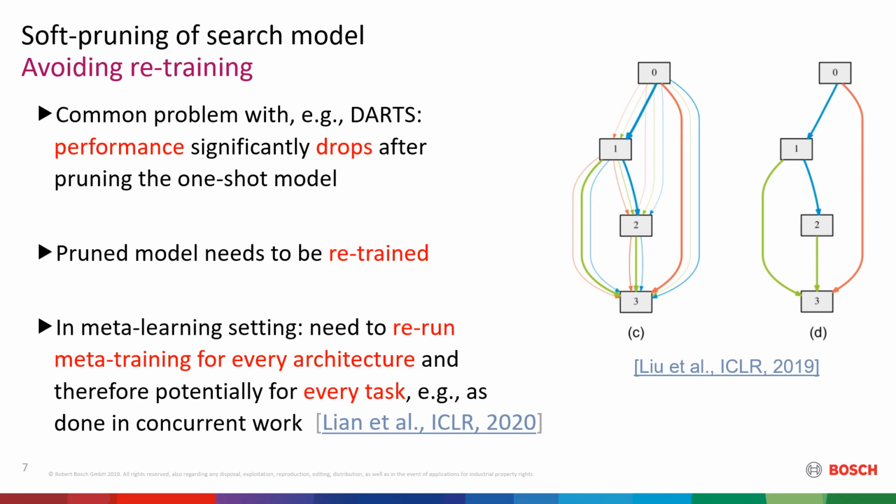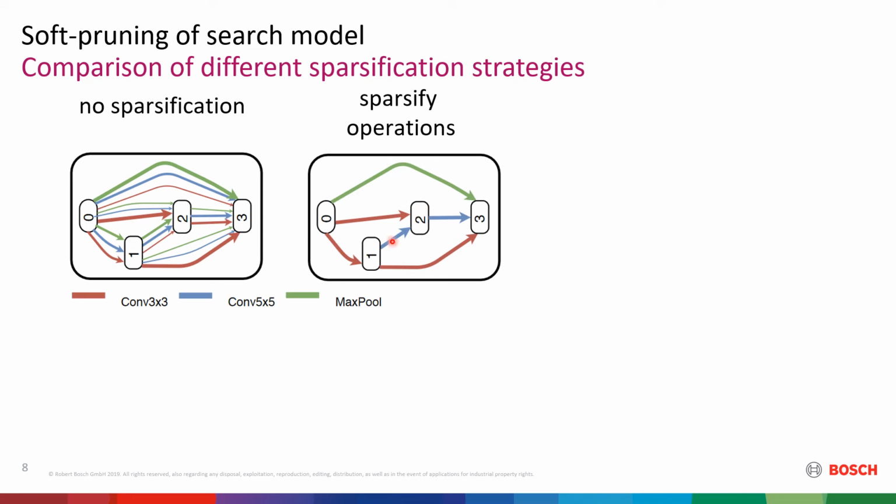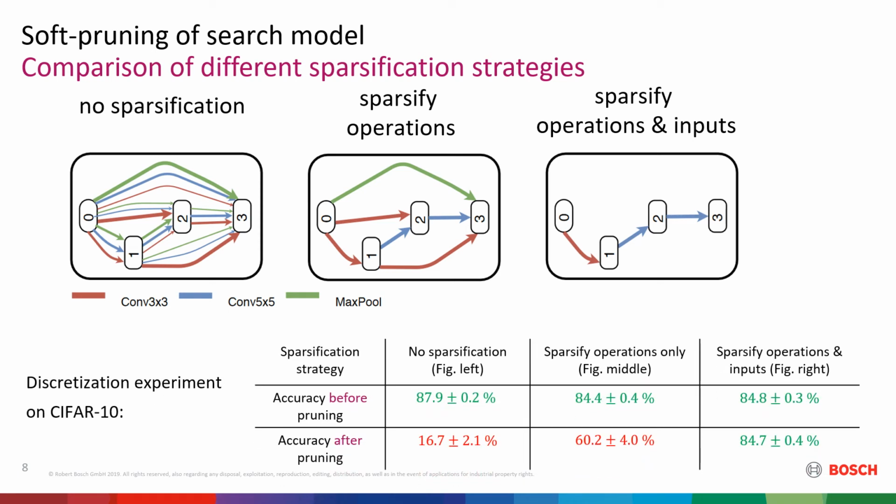to be rerun. To avoid retraining, we propose a different parameterization of the one-shot model that enforces sparsity after task adaptation. In the first step, we make sure that from all the possible operations, only exactly one is still active after task adaptation. However, this one-shot model is still densely connected, which might be suboptimal. Therefore, we propose a second modification to also enforce sparsity over the connectivity pattern. In an initial experiment on CIFAR10, we saw that with our parameterization, we can prune the one-shot model without